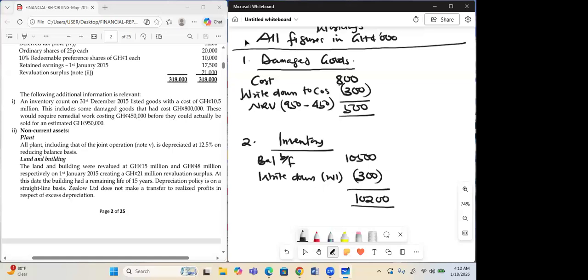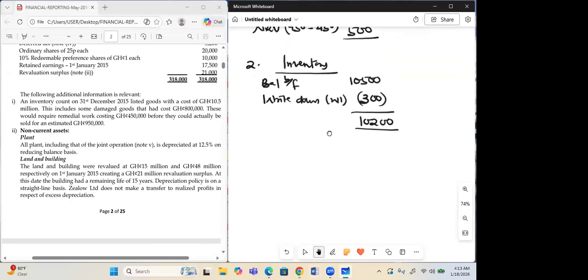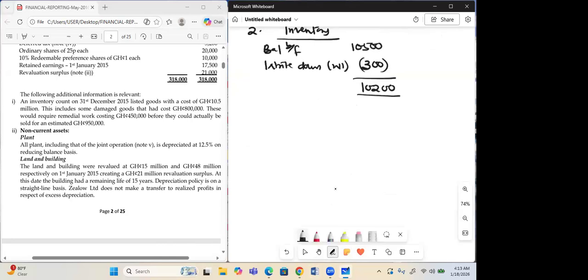Yes, sir. You will value the damaged goods between cost and net realizable value, and you realize that there is a write-down of 300. So to value the total inventory, you take the 300 from the original inventory. Once you have done that, the write-down you are charging to cost of sales, go and charge it to cost of sales so that you don't forget. So now, working 3, you can open your cost of sales